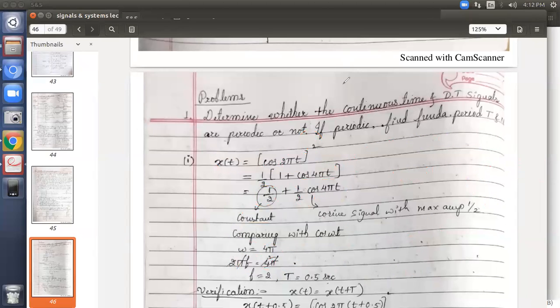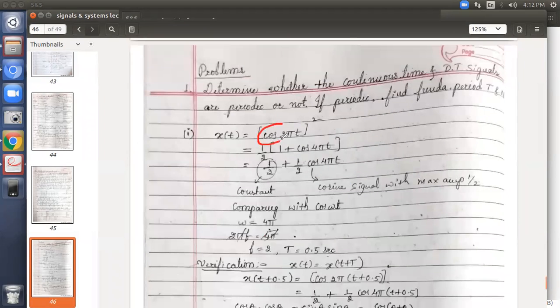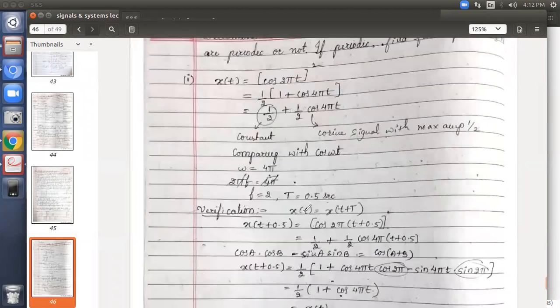Now, how will you verify whether the given signal is periodic or not after a certain instant? Verification: x of t equals x of t plus T. This is the condition for any signal to be periodic. To apply this condition, we substitute the T we have just found, t plus 0.5. Okay, RHS we have started. What is x of t given? X of t is cos square of 2 pi t, right? So what will be x of t plus 0.5? Cos square of 2 pi, instead of t, substitute t plus 0.5. So expand it again: half plus half cos of, instead of 2 pi, you will get 4